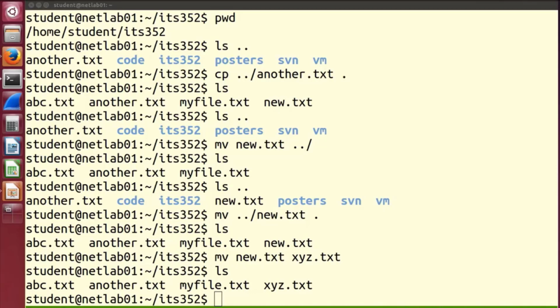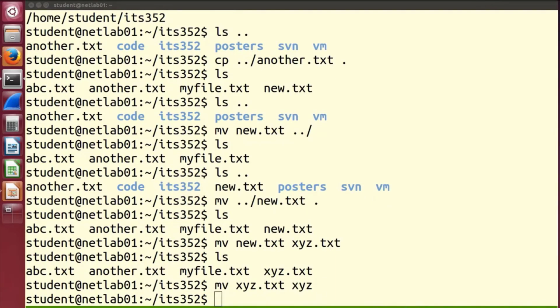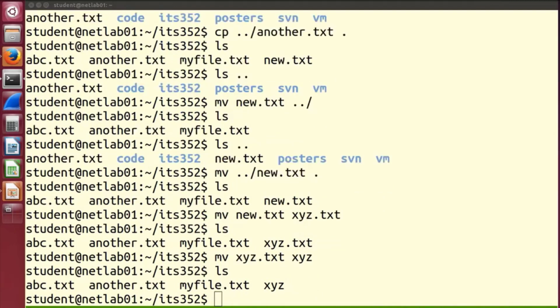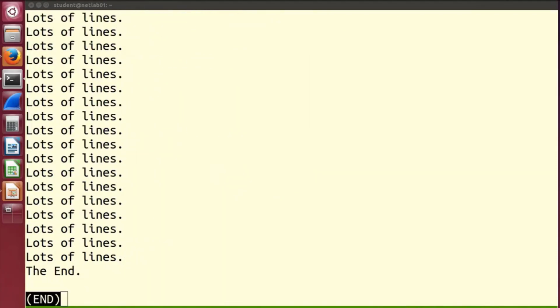Note that we can rename files, and the names of files in Linux, the extension doesn't matter. In the examples I've used .txt because we knew they were text files, but the extension is not important. If I change the name and use a different extension, it doesn't change the format of the file. XYZ is still the same text file as before,